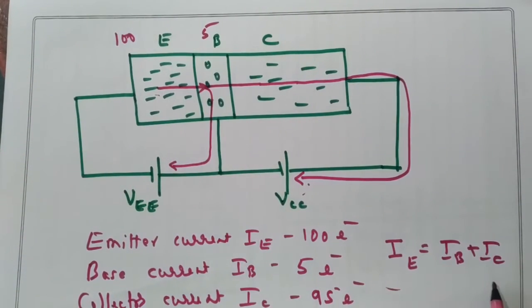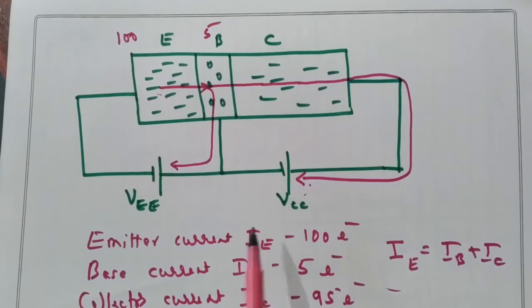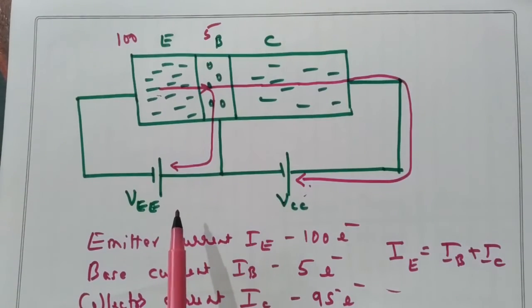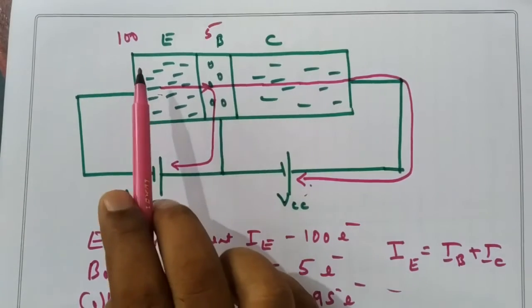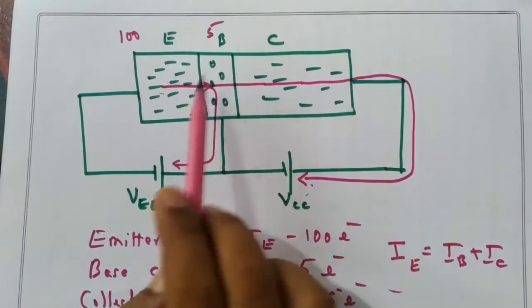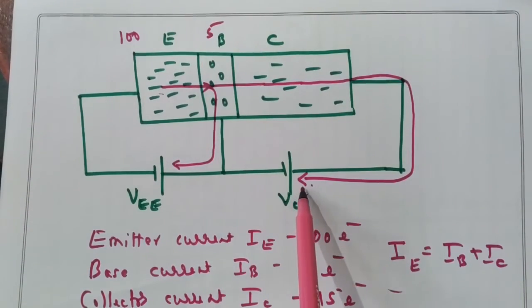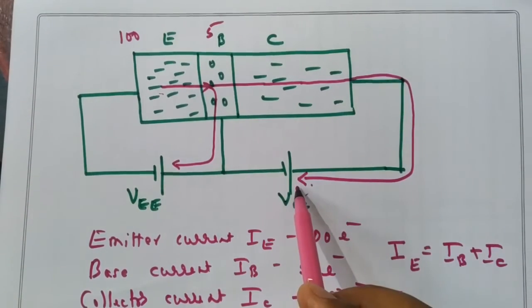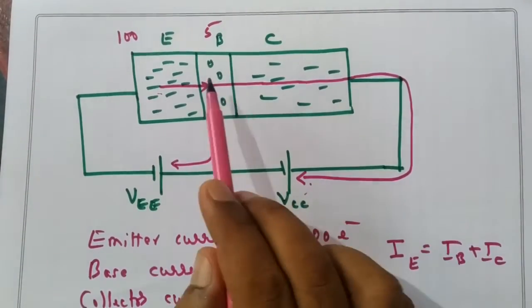current is a little bit lesser because it is moderately doped, and the base current is the least because the base region is lightly doped. Suppose the base region is heavily doped, let us say. Now what will happen? Instead of 5 electrons, 25 holes are there. So out of 100 electrons, 25 electrons will recombine, and those will come here, and the remaining 75 only will be collected. Now we want more and more electrons to be collected by the collector, then only current will be more. So that is the reason why the base is lightly doped.